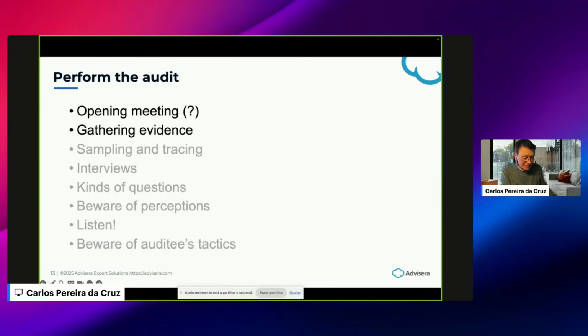Now, gathering evidence is the main purpose of performing an audit. So, gathering facts. The auditor wants to find evidence that helps him or her answer the questions on the checklist. Objective evidence should be collected through interviews, document verification, and observing activities and conditions in the audited areas. Consider the number of examples, the sampling that you should check to be confident of your conclusions. Just because the first asset audited had a vulnerability does not mean that all assets are compromised. Use traceability also to check the flow of things more naturally.